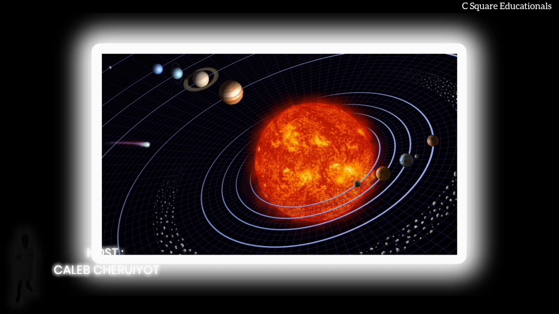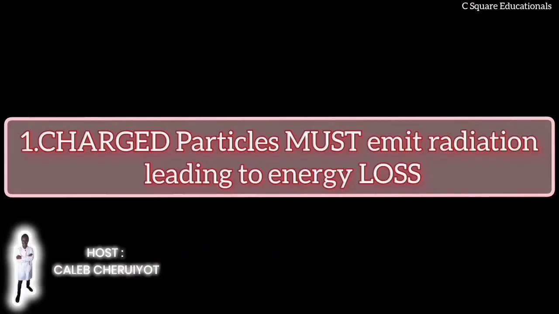However, this model posed two significant issues. First, charged particles that accelerate must emit electromagnetic radiation, by observations and at least by Maxwell's equations. Since electrons are charged and accelerate during their orbits, they should emit radiation, which will cause them to lose energy and quickly spiral inward into the nucleus. However, atoms are known to exist far longer than a picosecond, making this model incorrect.